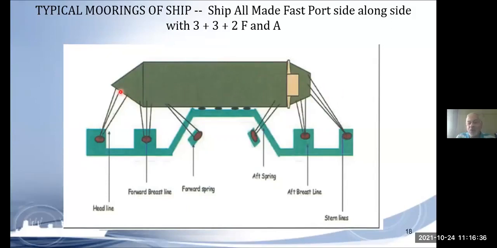The ship is floating on water, so it is free. Suppose you are not having any lines. Then the ship will go wherever the current takes it, wherever the wind takes it. So you have to firmly tie the ship. Now you have two pairs of ropes which are doing the same work. Can you tell me? This is a question for you. Which 2 lines are doing similar work?